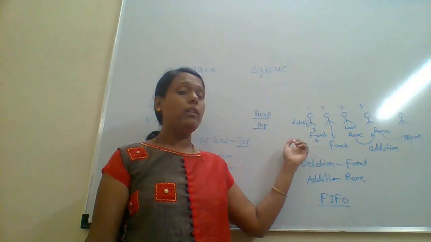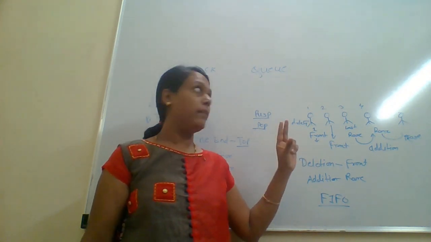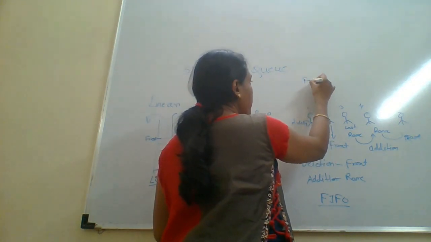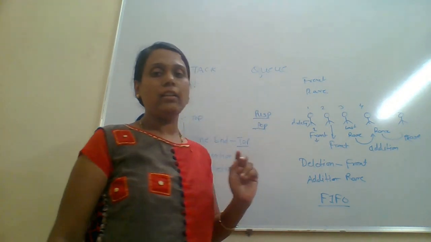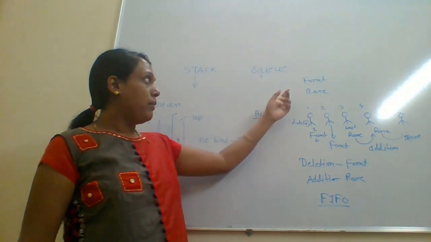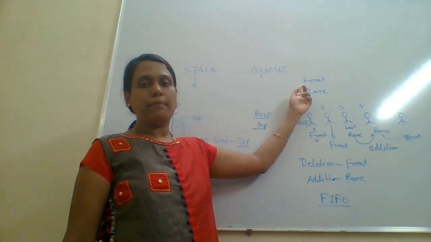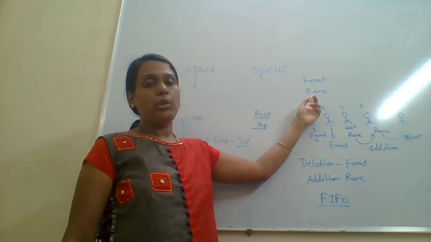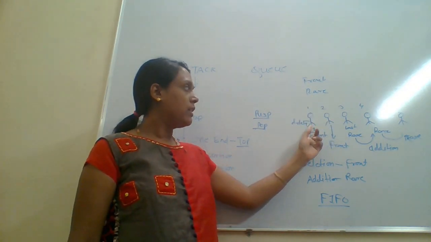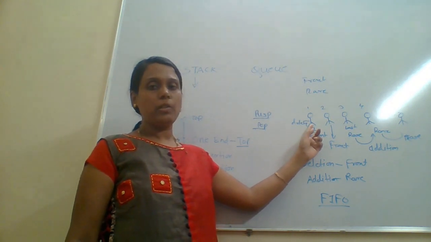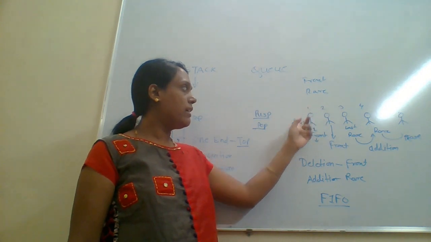Okay. So when we consider the queue data structure, again it is a linear data structure, but it consists of two ends: the front end and the rear end. So what is the difference between the front end and the rear end? Deletion of the data takes place from the front end and addition of the data takes place at the rear end. Consider this example. This is the person standing in line at the first location. When he takes the ticket, he comes out. That is, the first data is deleted.